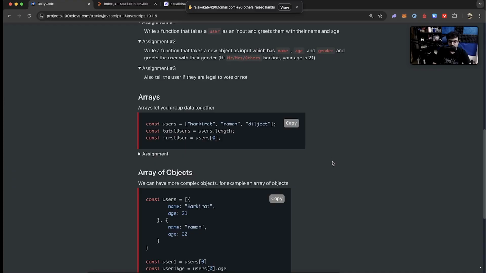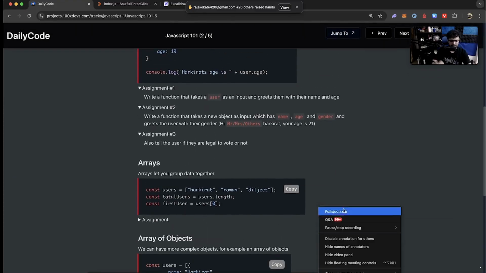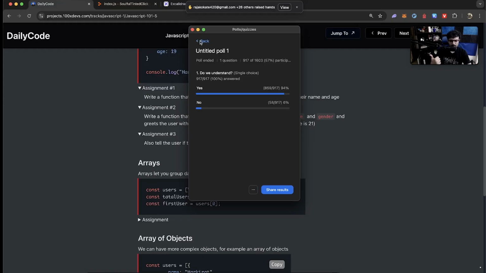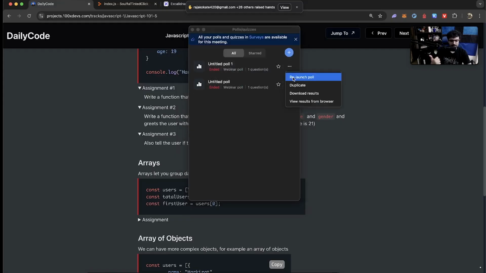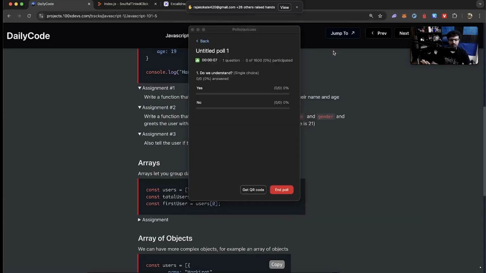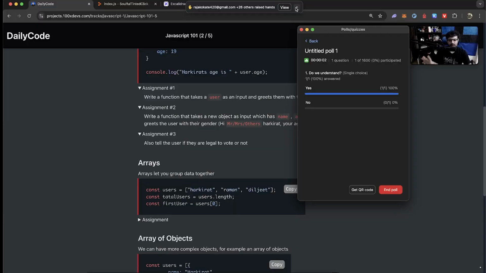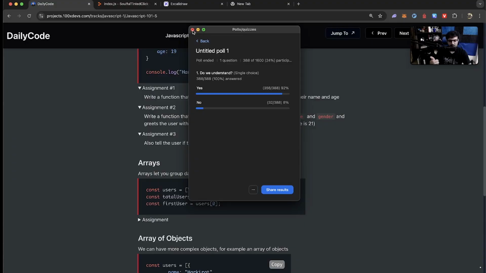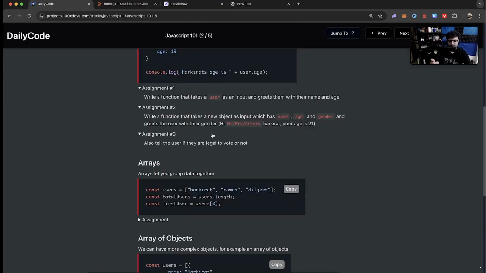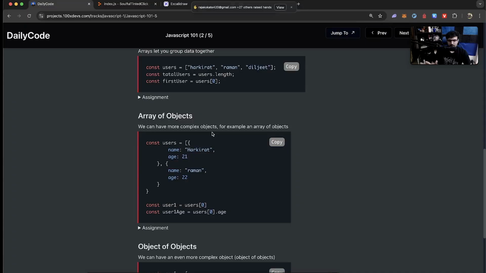Cool. Were we able to do the assignment? Do we understand objects? Can we move to some more complex objects and then call it a day today? What we're going to learn next might be a little jarring for beginners, so practice this a lot in the next week. But do we understand all of this? Do we understand objects? We do understand objects. Great. 92% is great. So if you're in the 8%, just ignore the next section for now. Watch the offline video again, code this, and then come to it.